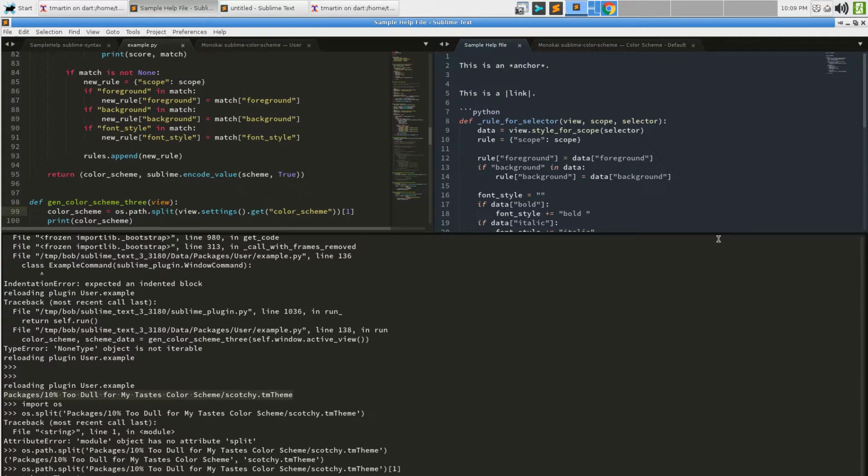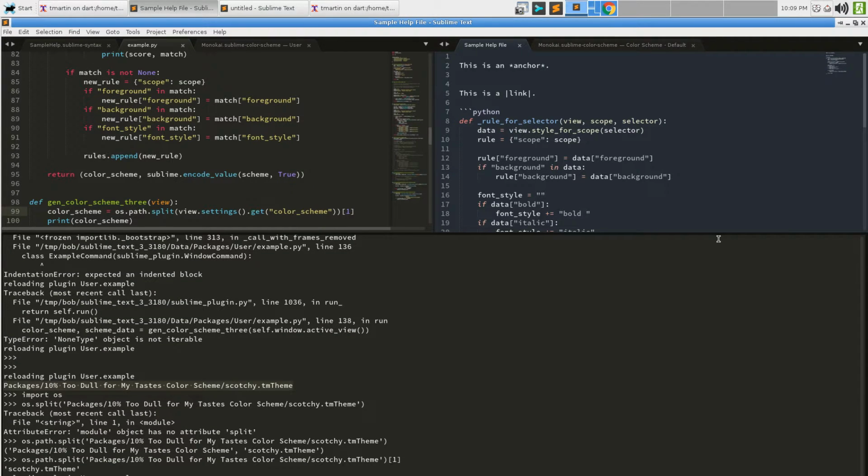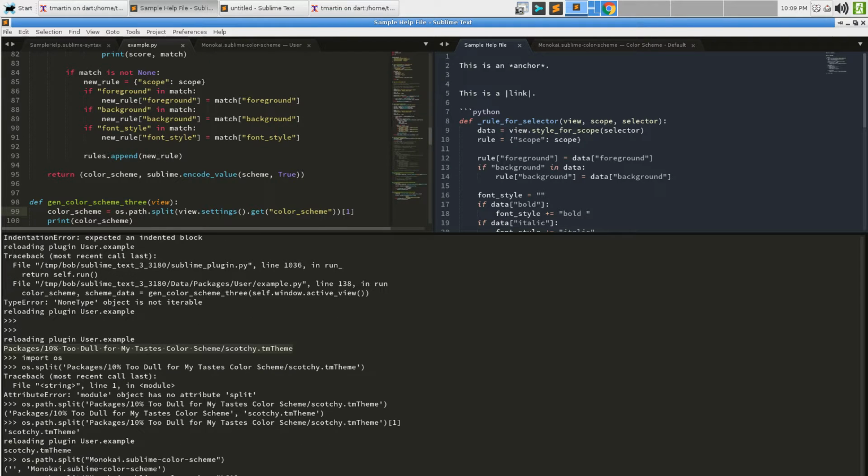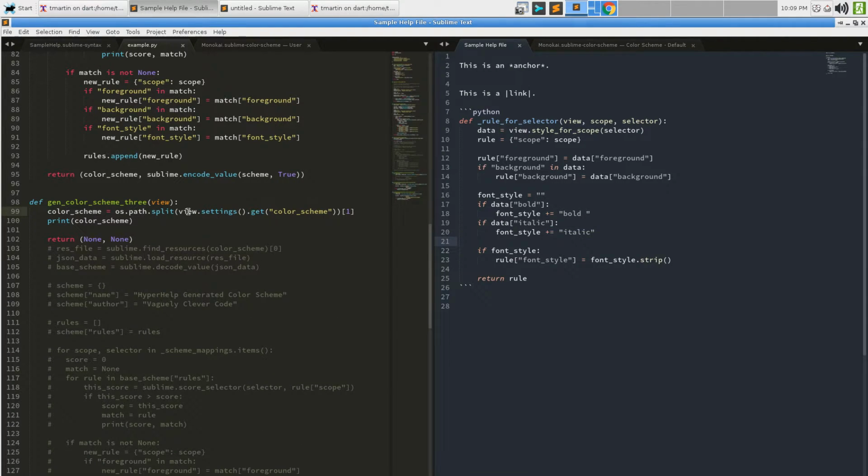When I run the command, I get scotchy.tm theme. Now just to show, if I said os.path.split Monokai.Sublime color scheme, I end up with an empty string and that. So if I do that, that's going to work regardless of whether it's either style. So now that part's fixed.